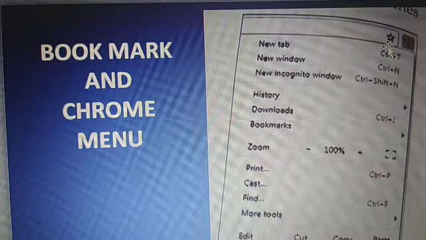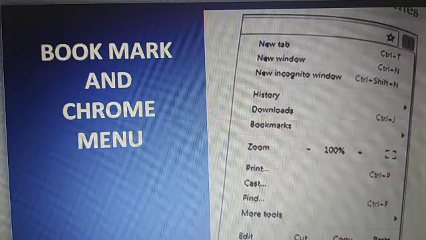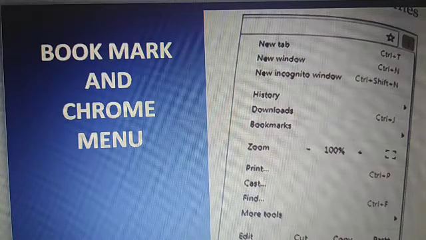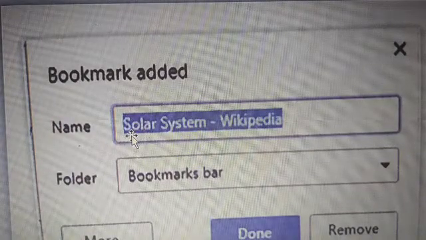So you need not remember the complete address of a web page. Understood? That page address, that URL of the web page gets stored in the bookmark diary of the web browser. So whichever is your favorite web page, you can store its URL using this bookmark button. Every web page you can give its name also, bookmark name.